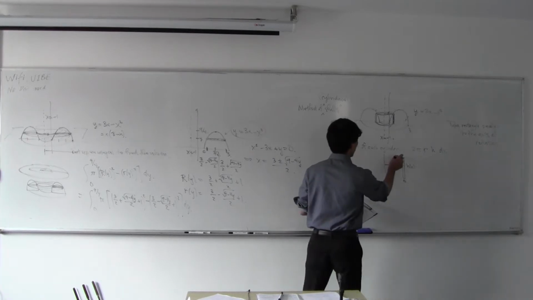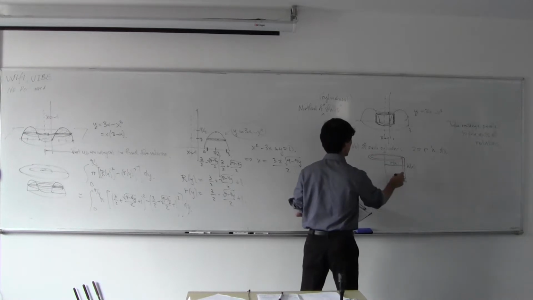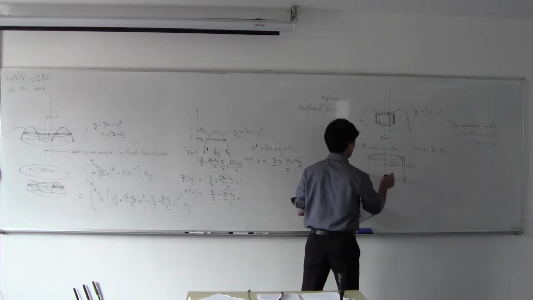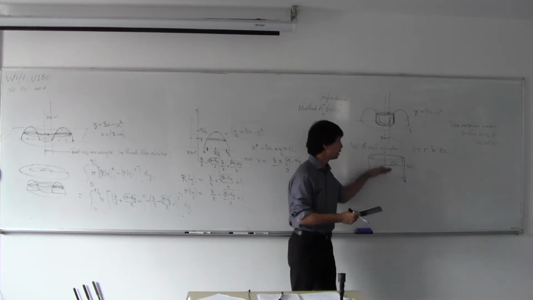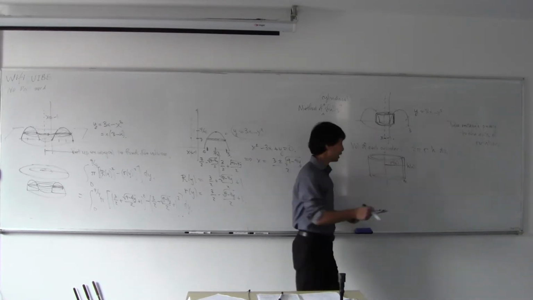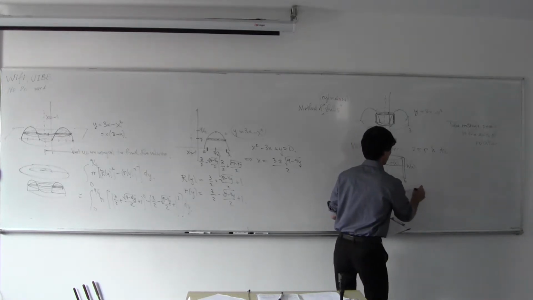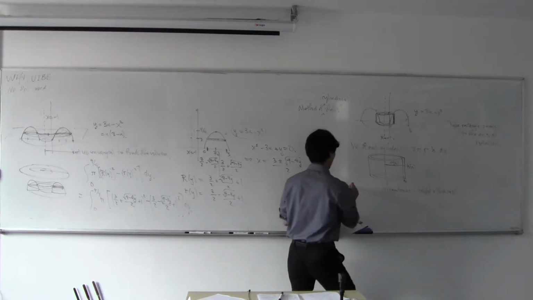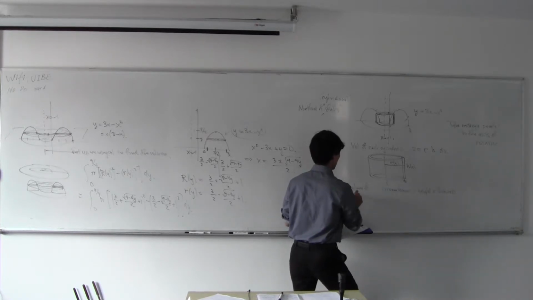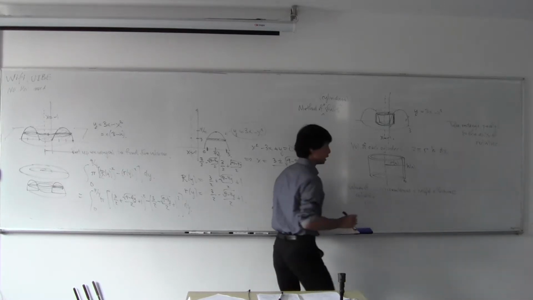Then you rotate that thing around, and you get this cylinder. And the volume of the cylinder is the circumference, 2 pi r, times height, times thickness. So the volume of the cylindrical shell is going to be the circumference